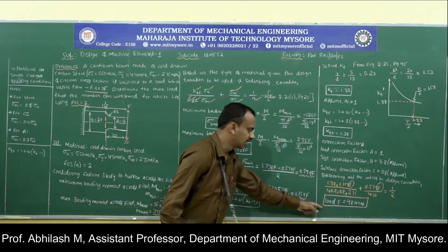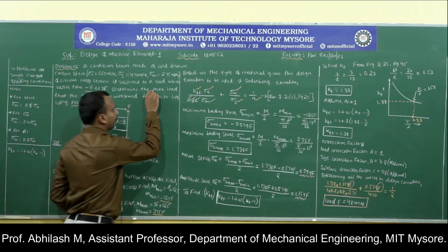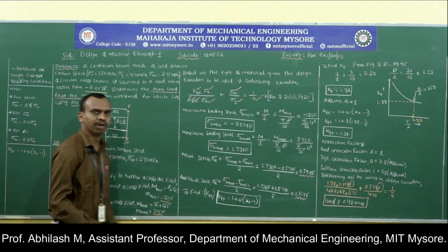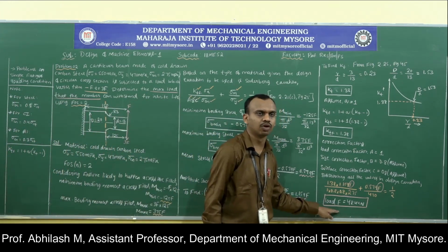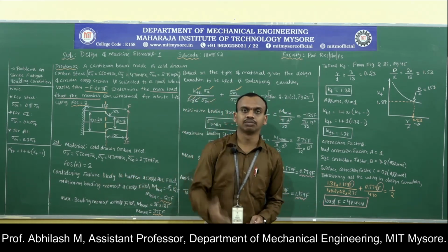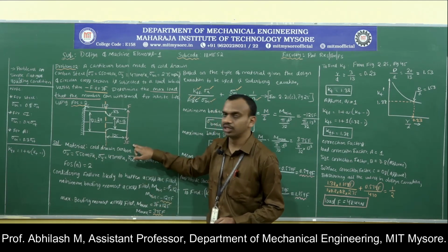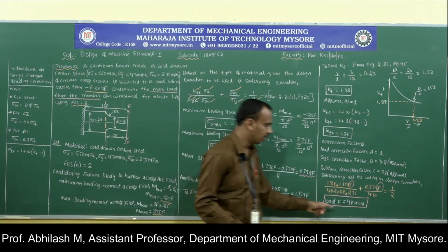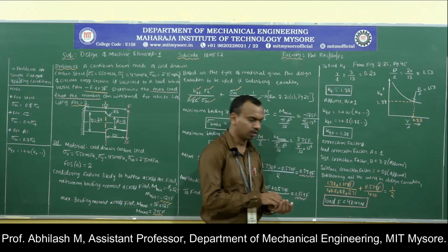But what is the thing they have asked us to calculate? They have asked us to calculate the maximum load that is acting on the machine member. Is this the maximum load? No, it is the minimum load that is acting on the member, that is minus F. What is the maximum load? The maximum load is 3F. So, just multiply the value by 3 times, and we are going to obtain the maximum load.